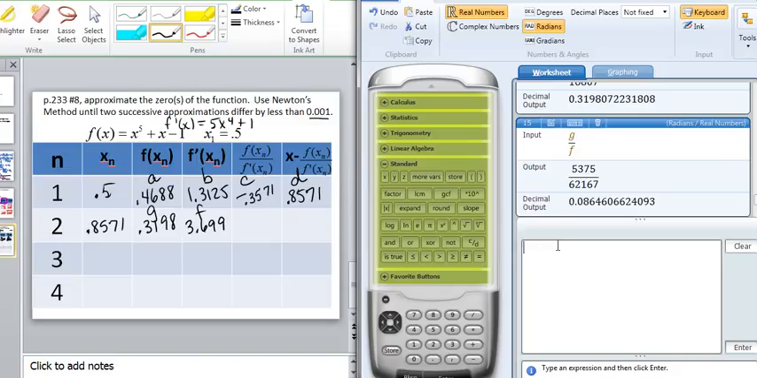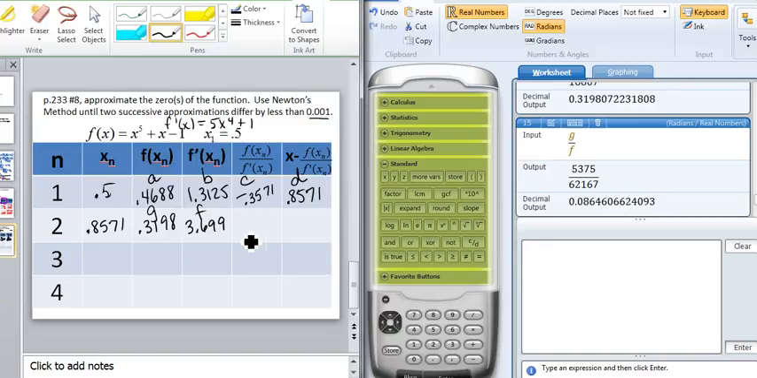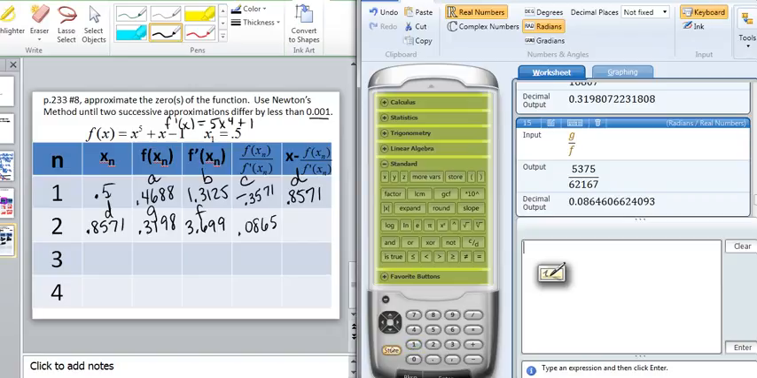So now when I divide G divided by F, which would be these two values, divide those, I end up with 0.0865. Then I'm going to take this X value, which I had stored as D, and I'm going to subtract D minus, well, I'll store this as H. So I'll store as H, and now I can do